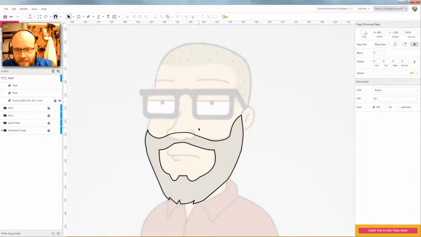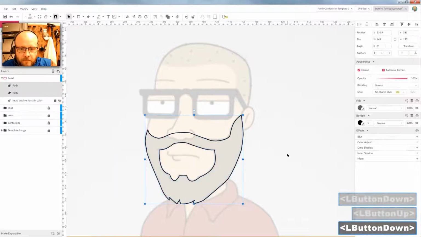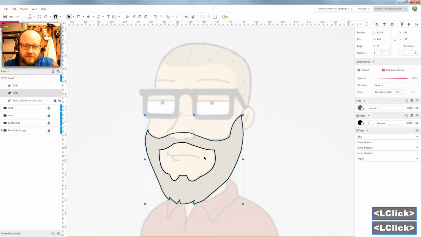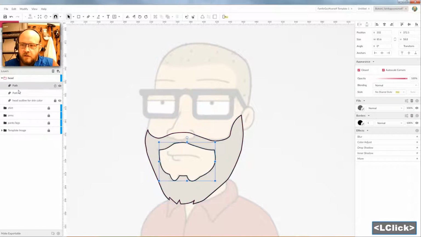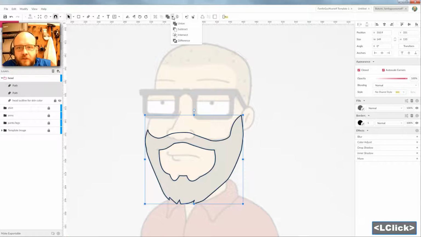So we have to create that union path. So I'm going to go ahead using my black arrow and I'm going to select both of these outlines. Okay, and I'm going to make sure that they're selected. I'm going to select this inside one first. Get them both selected. And then I'm going to come up here to my Pathfinder tools, and I have to